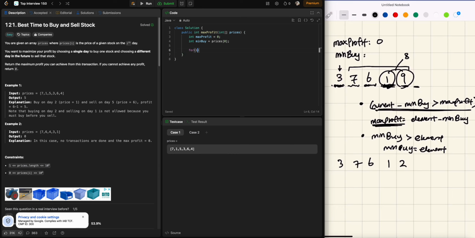Then we're going to loop with i equals 1, i less than the length, i plus plus. Here we're going to check two things. The order doesn't really matter, but I'm going to start with: if min buy is greater than the current element,